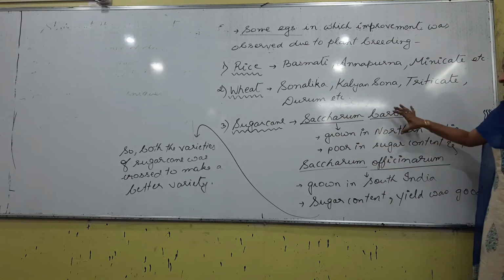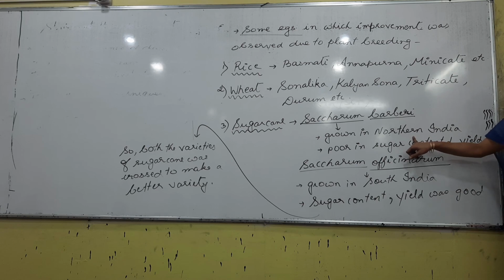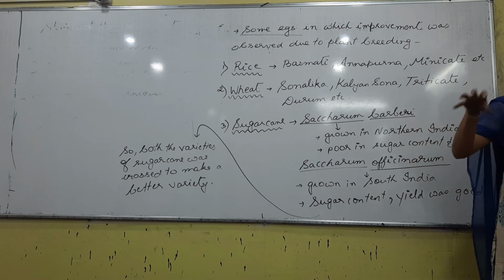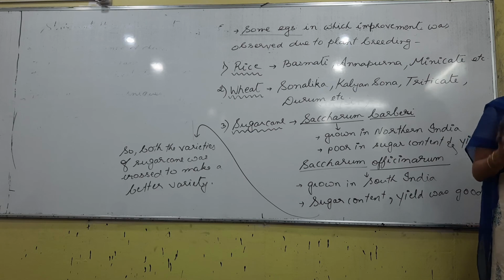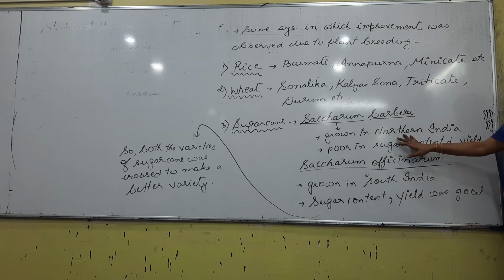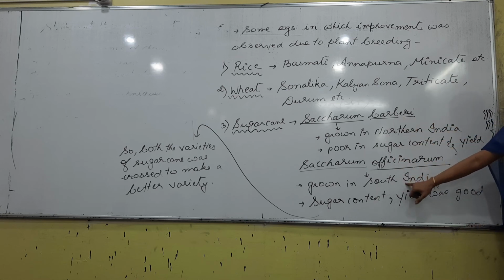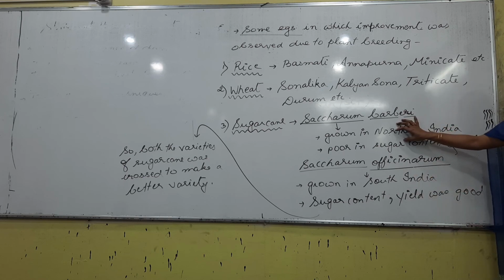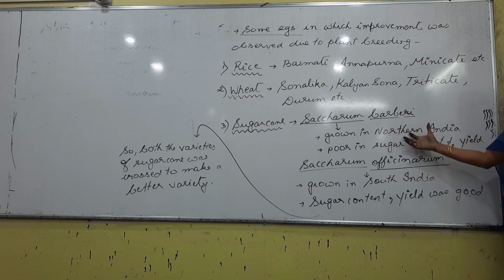Why do you want it? The people that were growing in northern India, according to the soil that we have, anywhere in the world, depending on the soil culture or the soil quality, plants vary, right? So when the same crop is grown, the quality is not the same. So in North India there was a sugarcane variety, and in South India there was a different variety. What they have seen is that the southern variety is much better as compared to the northern variety. So what did these people want? They wanted to grow this plant in their own land.